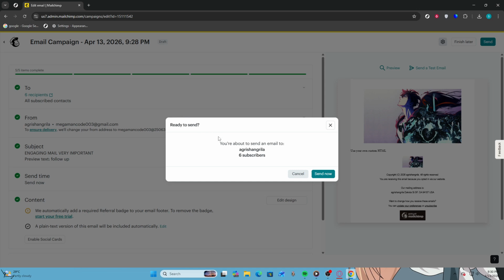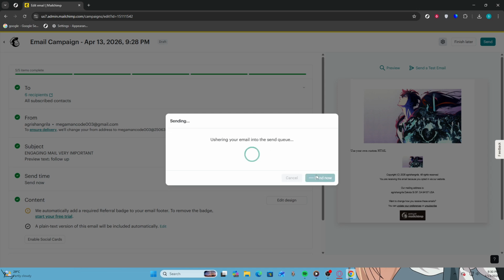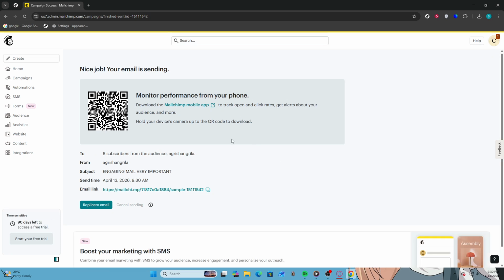Next, click on Ready to Send to review your email sequence settings one last time. This step is critical to ensure everything is correct before sending. Finally, click Send Now to dispatch your email sequence to your subscribers. A confirmation message stating, "Nice job, your email is sending," will appear to confirm that your emails are on their